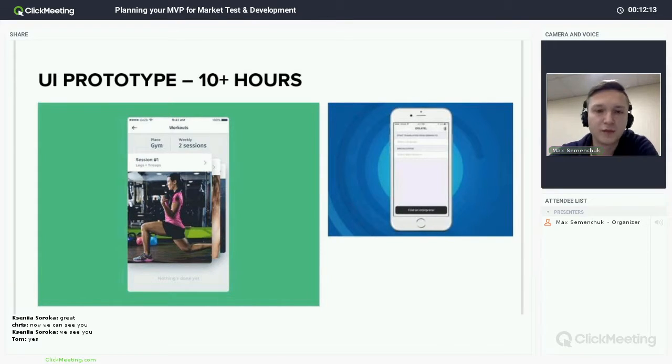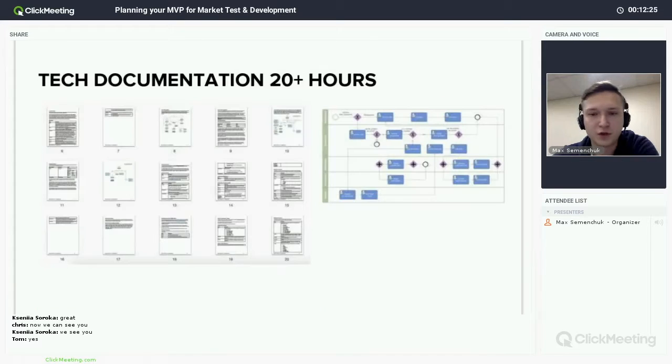Again, it can go up to like 40 or something, depending on the quality and number of iterations you want to get. But just to have some number, it's like 10 times more than product model canvas and user's choice. The next step in that ladder is writing out the full documentation.